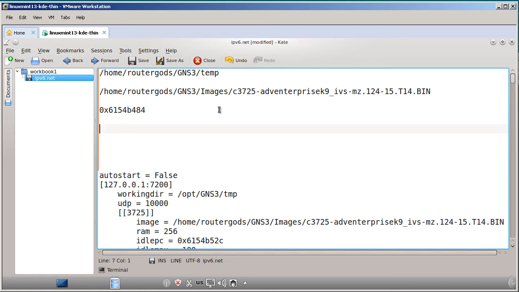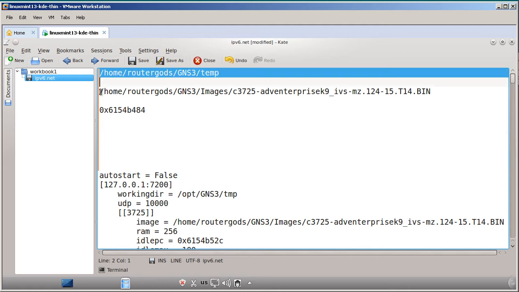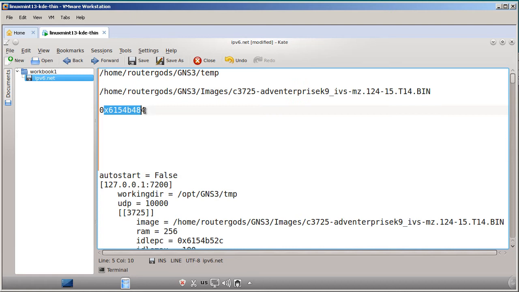Okay, so we have our three values. Now your Windows guys, the process is going to be the same. You're going into GNS3, you're grabbing these three things, the working directory, the path to your image, and your IdlePC. You're going to be doing the same thing. Now, if you're on Windows, you have the option to use Notepad++. And Notepad++ has a global find and replace. Now, why is this important? You see this working directory here? You're going to be replacing this